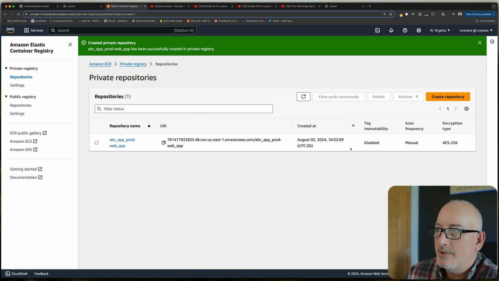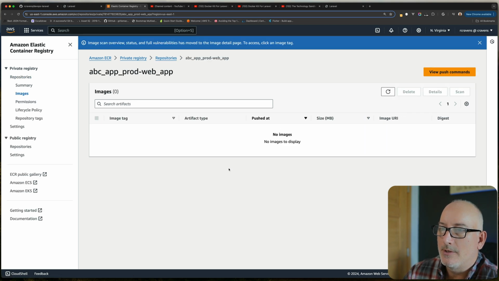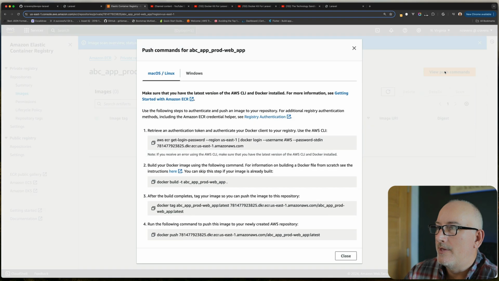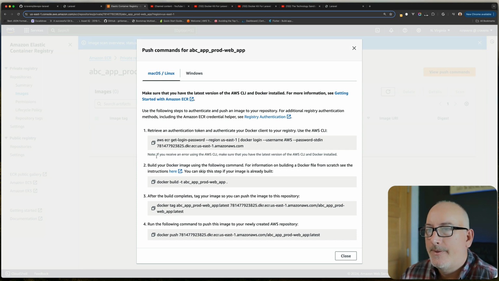After the repository is created, if you click on this repository, you're going to get some instructions on how to actually use it. So you're going to view these push commands. In an effort to make this simpler, I created a kit push command that we can use. We just have to set some environment variables. So here you can see all of the commands that you need to be able to log in to Amazon ECR, build,